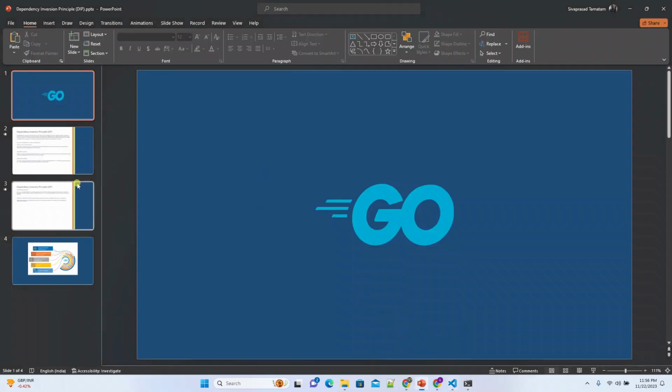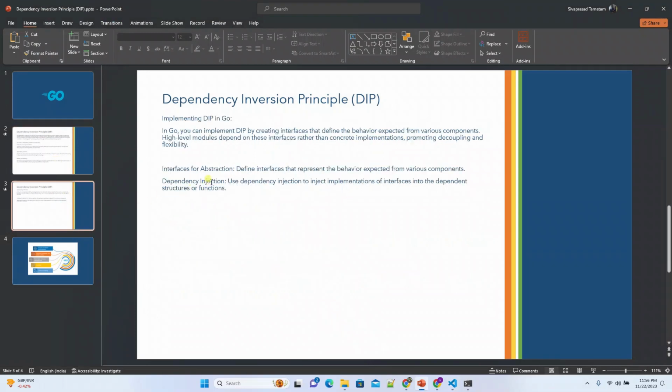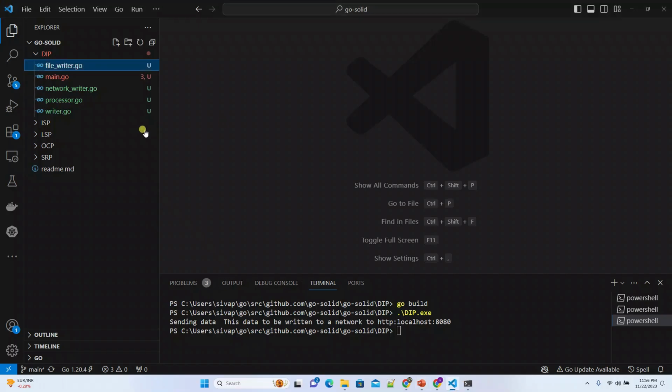Okay, let us see what we learned from this. Whatever the dependency inversion principle says, we need to implement it: the high level components should be separated, and they should depend only on interfaces. That's what we did. And interfaces also like a